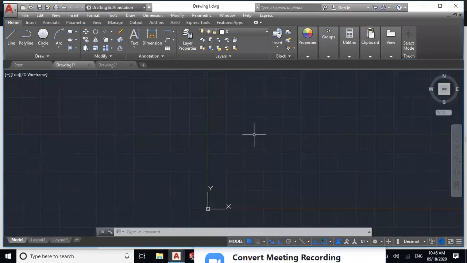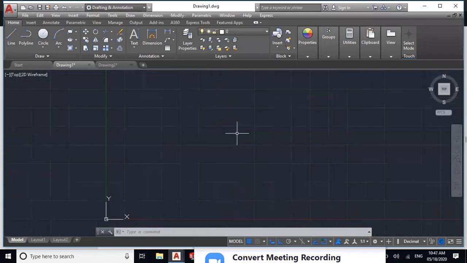Okay, now we'll move further. We'll see some commands like plotting and converting drawings into PDF.